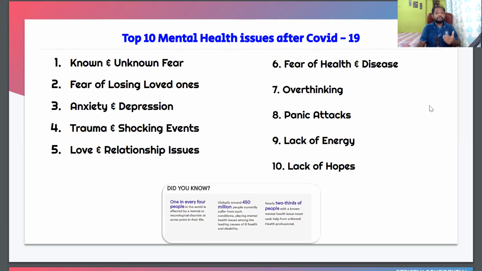Lack of energy: people below 40 and below 50 are having such issues of lacking energy in their life. Lack of hope: because of all these uncertain situations which have happened, the lack of hope in people is definitely impacting them. So all these issues have distracted the world, but we can really help in this situation with the Bach flower remedies. We are going to learn how we can take benefit of the remedies, and what the positive benefits of these remedies are.